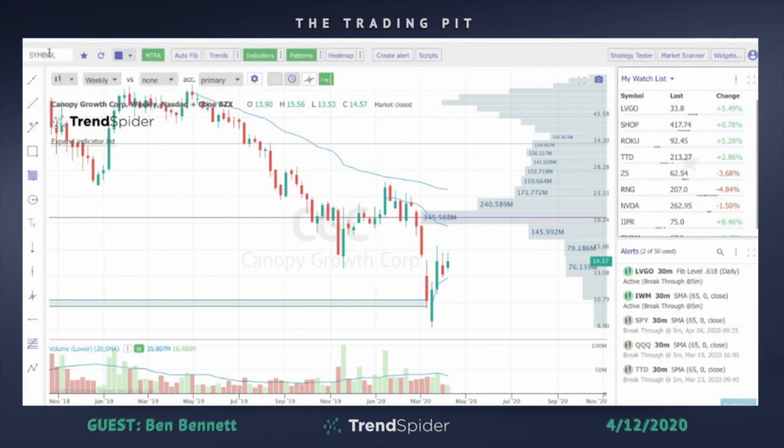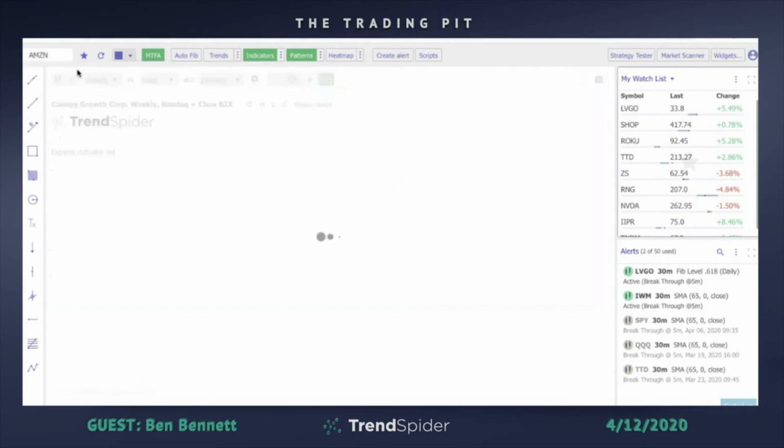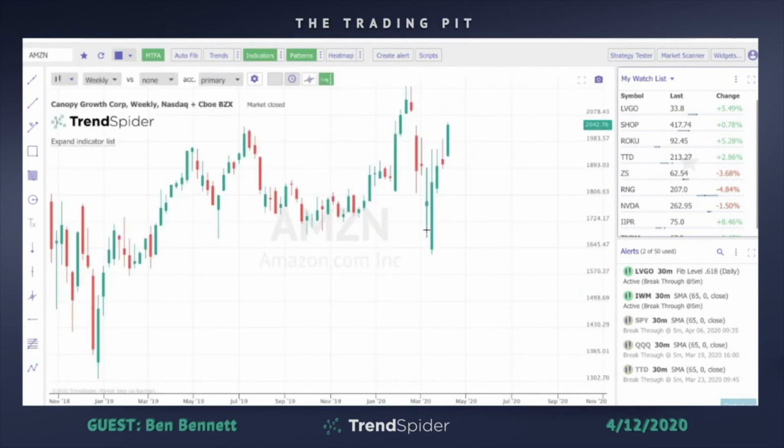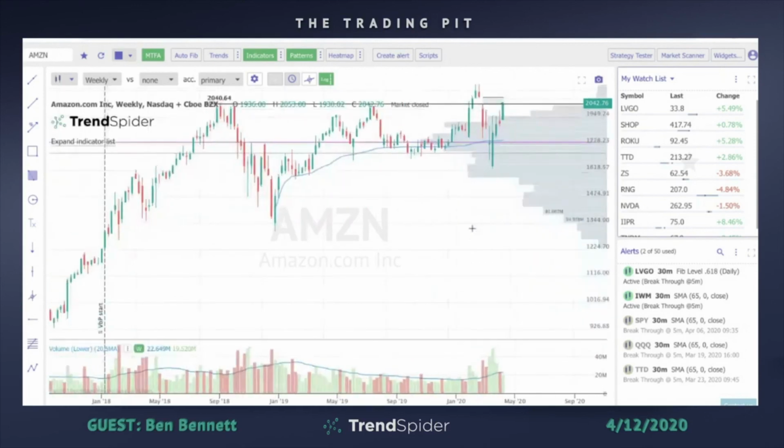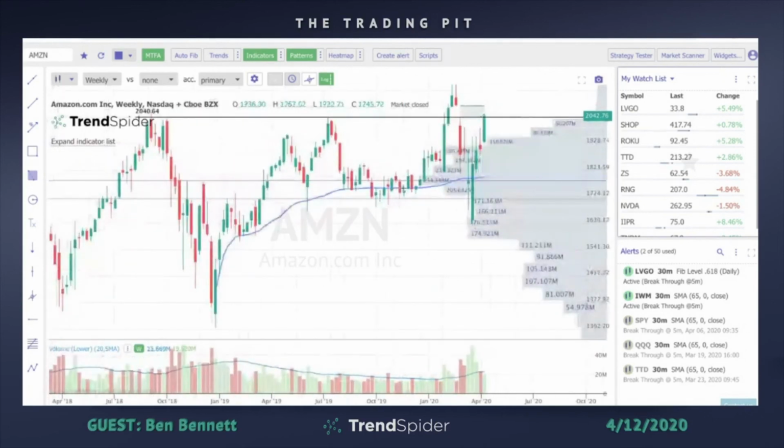And then we had Amazon too, right? So Amazon, it'll probably all end up going hand in hand with the big picture view of what we went over with the SPY and the QQQ. But Amazon looks great here. Look at that. It's leading the pack even on the gap zone. Remember, we're talking about all these gaps above. Amazon's the one filling it already. So maybe these gaps above are possible in the next couple weeks. Yeah, you're already there with Amazon.